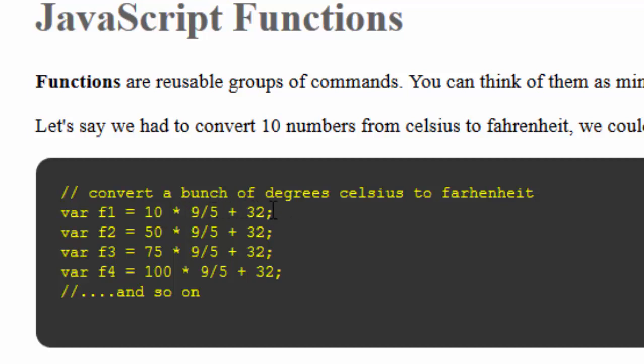So I've got this expression here, and I'm assigning it to a variable called f1. So look at what I'm doing here. I'm repeating myself over and over again. The only difference in all these lines is that I'm changing my Celsius temperature. So in the second one, I'm converting 50 degrees Celsius to Fahrenheit, and then 75, and then 100, and so on. So there's a lot of repetitive code here, and one of the rules of programming is to not repeat